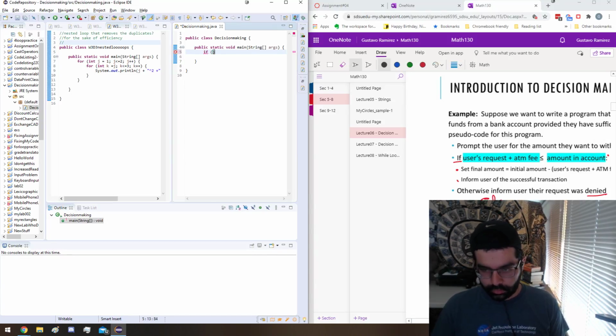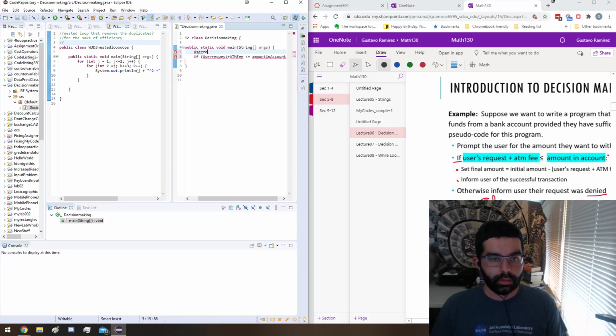If user request plus ATM fee is less than or equal to amount in account,